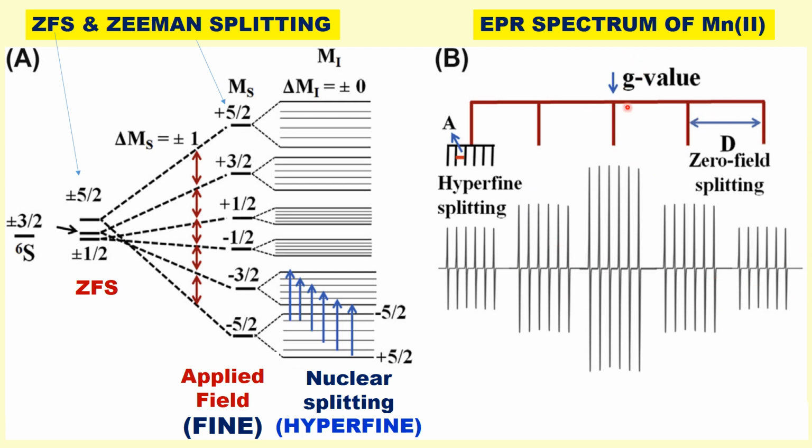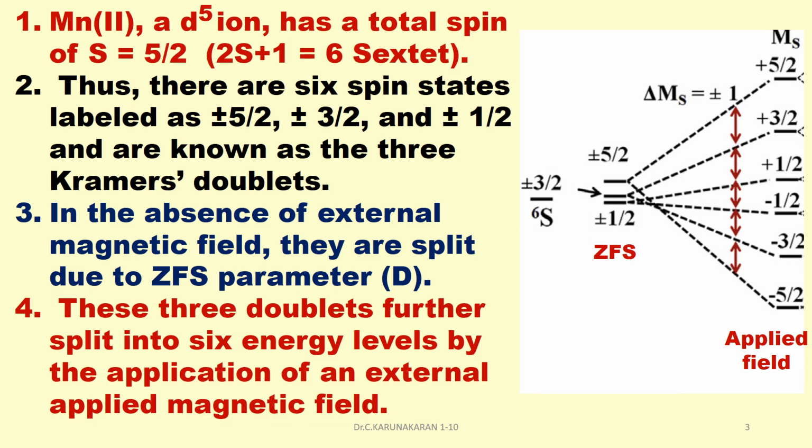There are 3 EPR parameters obtained from the EPR spectrum of manganese 2. The g value is obtained from here, zero field splitting is obtained using this, and the hyperfine splitting is obtained from this. Let us now study the zero field splitting, that is, in the absence of a magnetic field